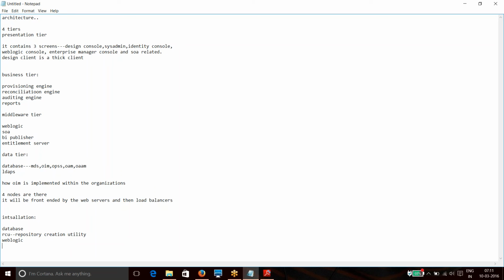We'll be installing and hosting our OIM application on the WebLogic application server. Then we need to install SOA and then IDM. IDM here means the entire stack we are going to install, not only Identity Manager but all the other components of the identity management stack, like access management and adaptive access management.